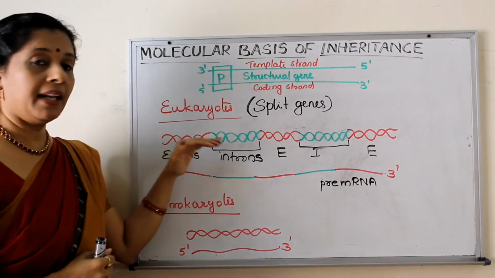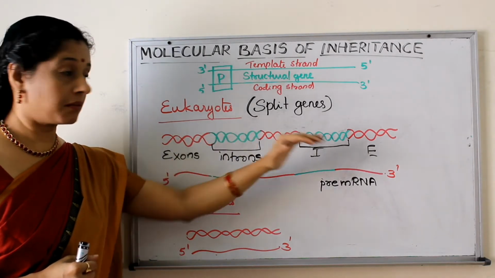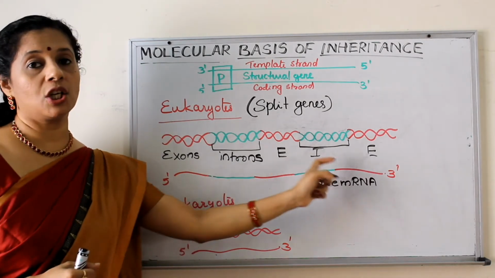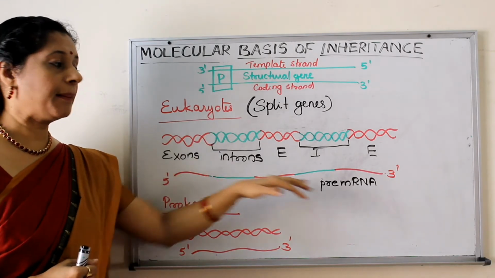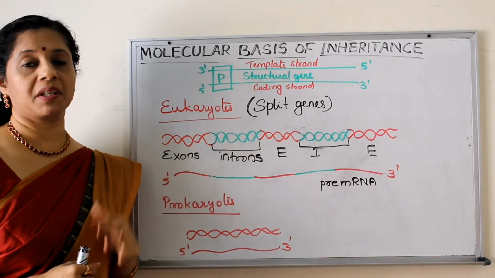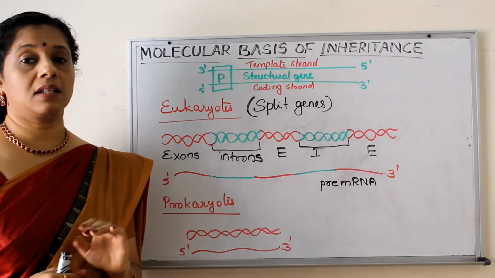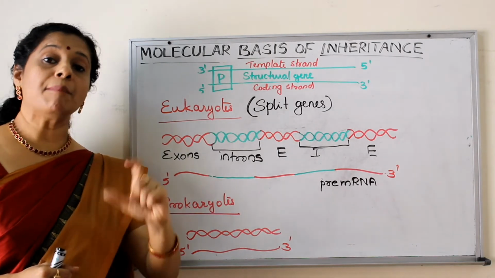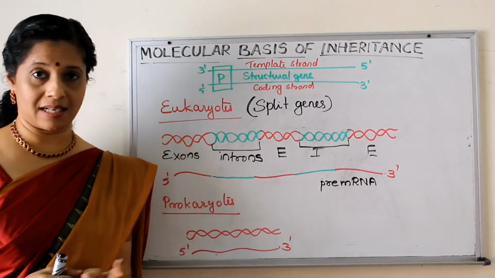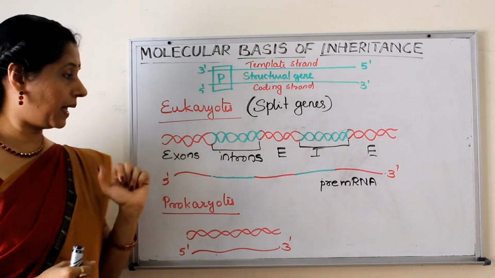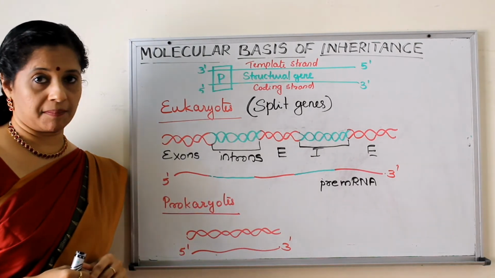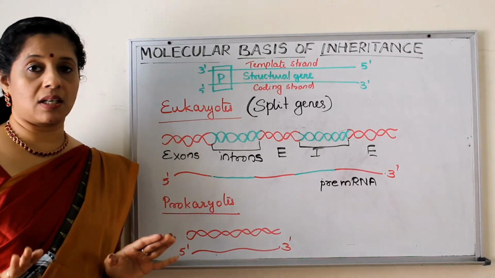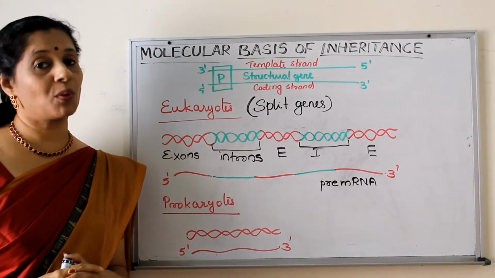So what happens when mRNA is forming from a split gene in eukaryotes? It will have both the coding as well as non-coding strands. So this is called a precursor mRNA or pre-mRNA. Now we have to process it. The eukaryotic mRNA formed initially needs to undergo some processing to become ready for translation. That we will discuss later. Whereas in prokaryotes there is no split gene, so the mRNA formed does not require any processing. It's ready for translation or protein synthesis.